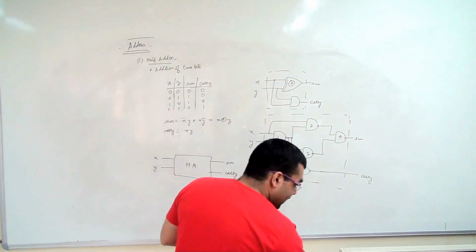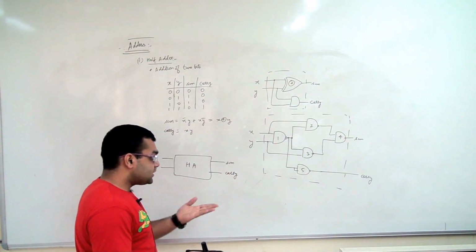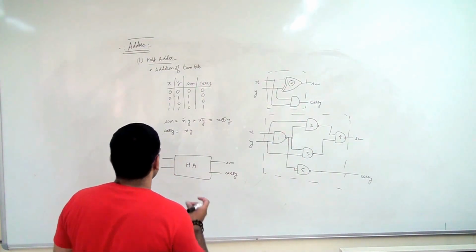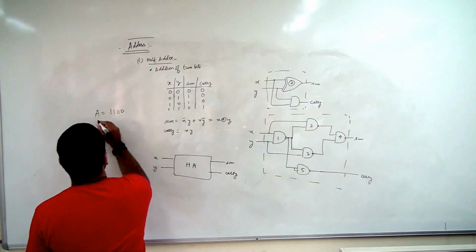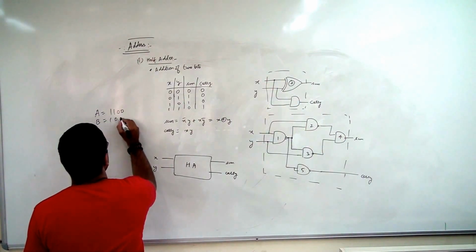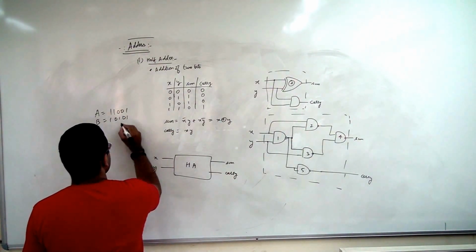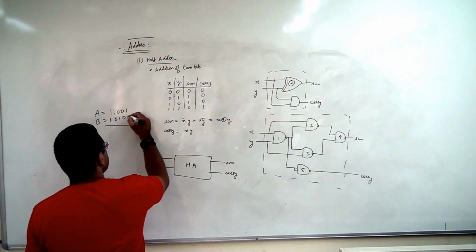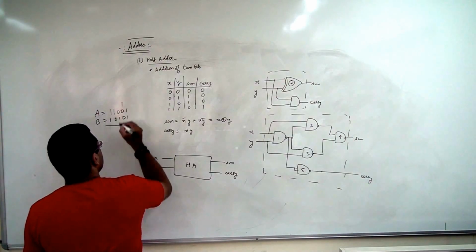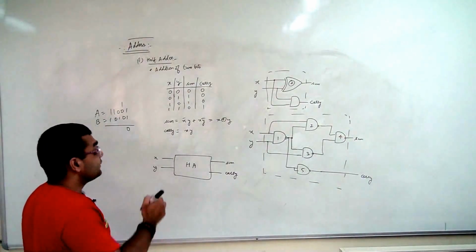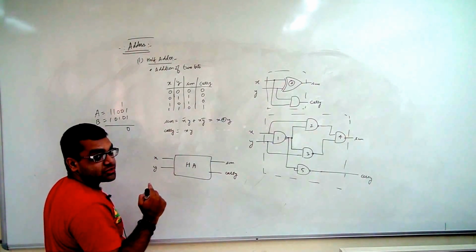The half adder is useful in case we have to add just 2 bits. In general circuits this is a common practice. For example, if you have two numbers, A is 1 1 0 0 and B is, say, 1 0 1 0. We can add the first 2 bits, 1 and 1, as there is no carry coming from a previous stage. But when we add these 2 ones, a carry is generated in the process.